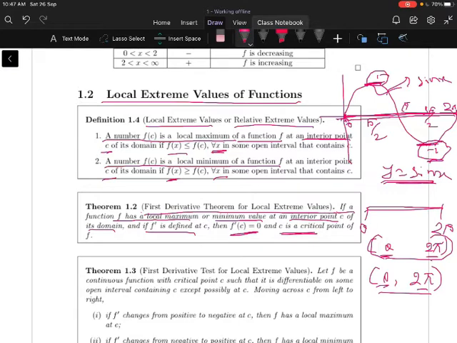What is the theorem statement? If the function f has a local maximum at the point c, obviously f dash of c must be 0. Therefore c is called a critical point. Suppose the function f has a local minimum value at point c, obviously f dash of c must be 0 and c is called a critical point of f.